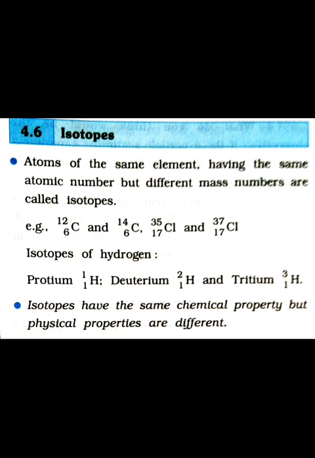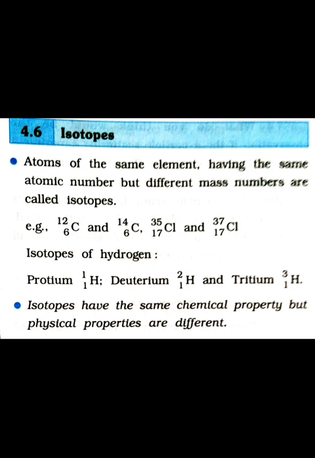That means there are certain elements, the atoms of which have the same atomic number with different mass numbers, and they are called isotopes. That is, isotopes are defined as the atoms of the same element having the same atomic number but different mass numbers. For example, in case of hydrogen